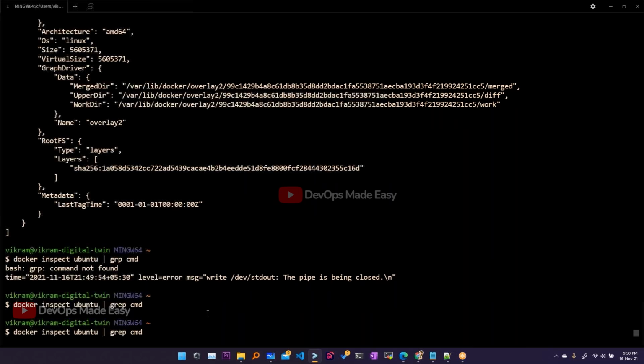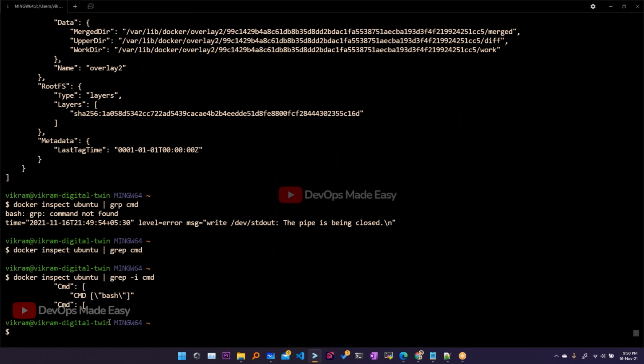If you don't know the exact letter cases, I can use -i to search for case-independent strings. See here, the command in the case of Ubuntu is bash.